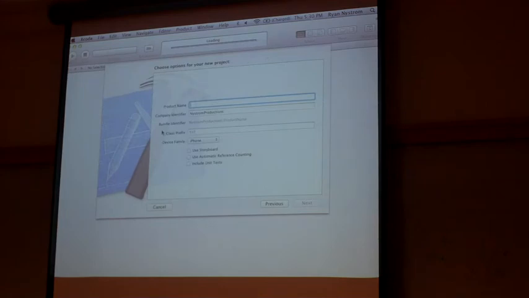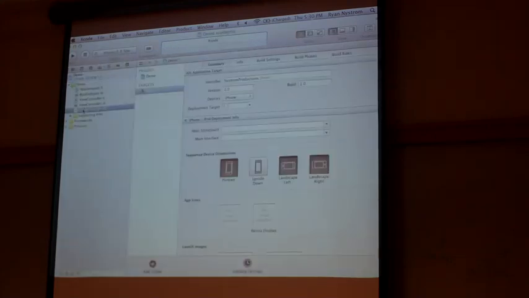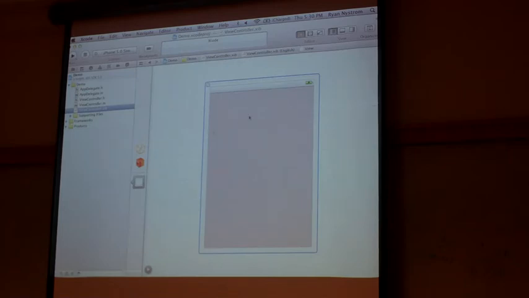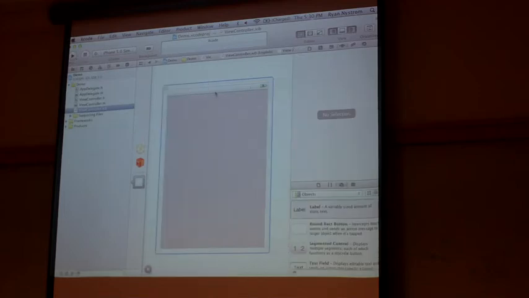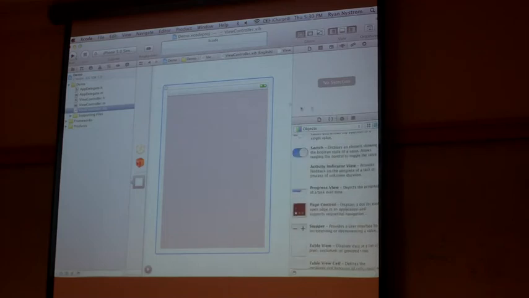What this gives us are these files called nib files, which I would recommend you stay away from because they make it easy to make mistakes. And it's also very resource intensive on the device to use these things. These nib files are kind of a what-you-see-is-what-you-get editor. I can drag and drop objects on here. It's fine, it works for very simple stuff. But I would always recommend adding objects by hand. But again, I'm not the expert. You guys are more than welcome to do whatever you want.